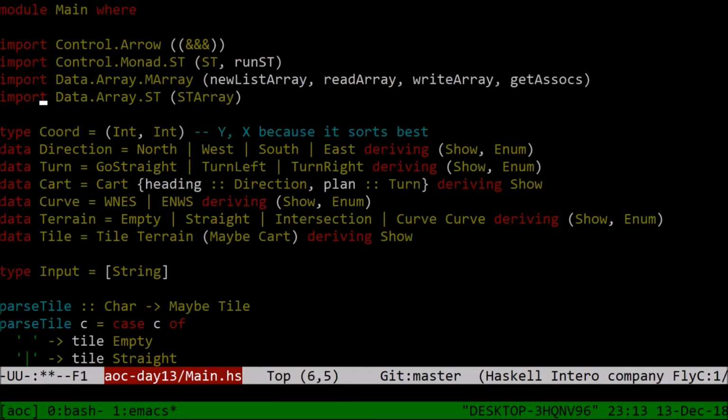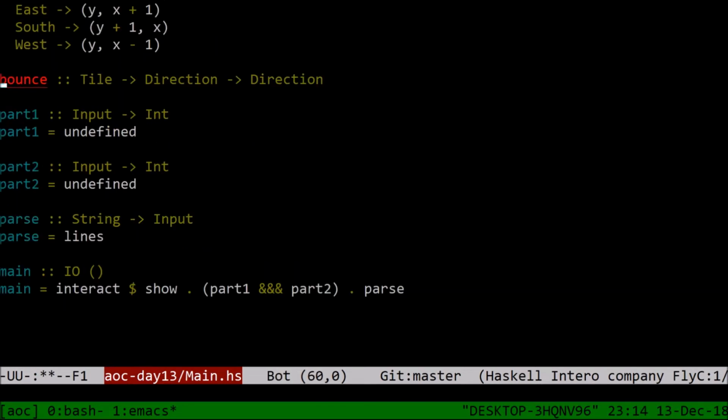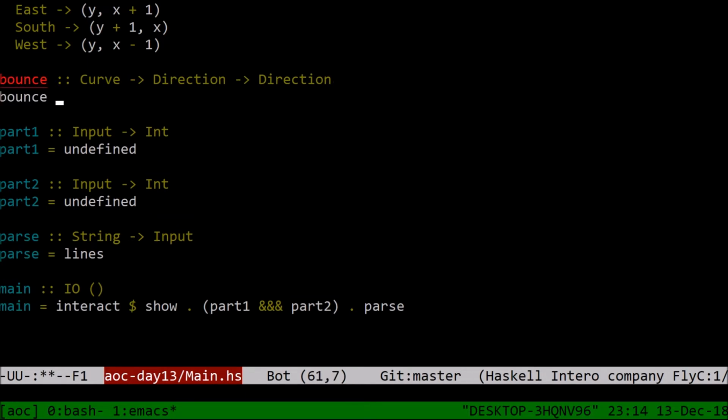The other possibility is that we could write a function which takes in a tile and decides what direction to go from there based on the cart on that tile. But I don't think we're going to do that. It'll make the most sense to just have this only work for these two curves. Okay, so instead of taking a tile, it takes a curve. And bounce